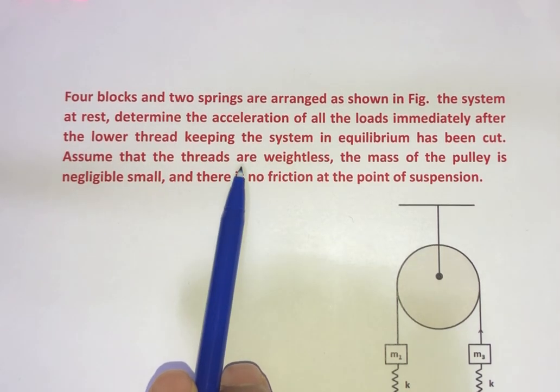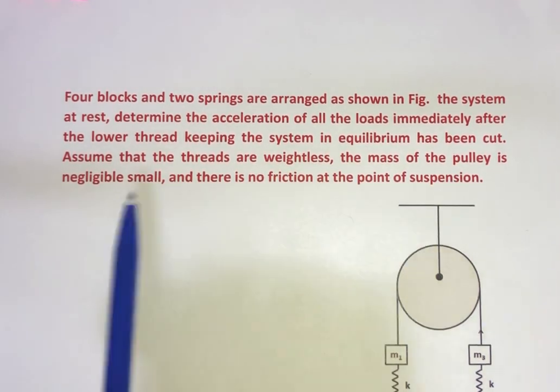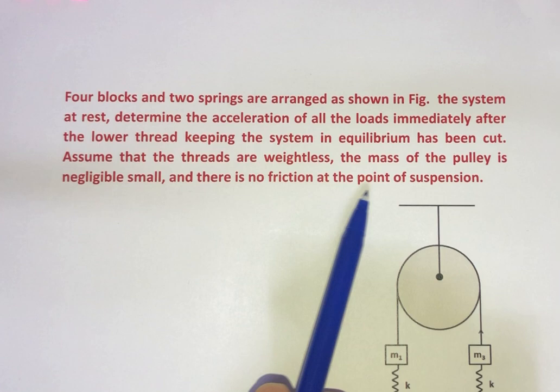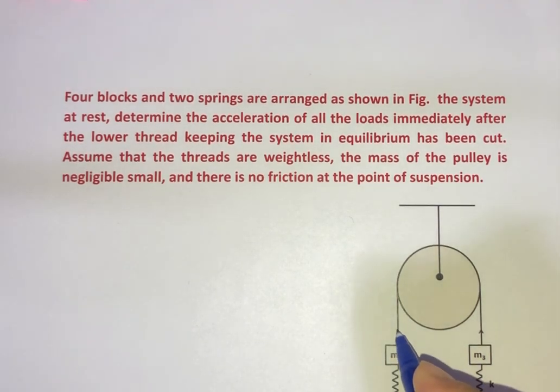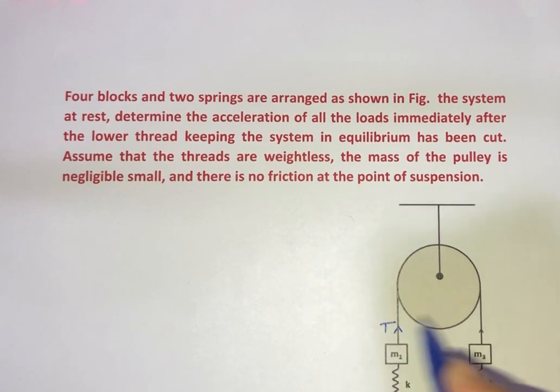Assume the threads are weightless, the mass of the pulley is negligible and there is no friction at the point of suspension. Okay. So this is the point of suspension of the pulley and this is the thread which is keeping the entire thing in equilibrium. So first of all, let us see, this is the tension T in the thread